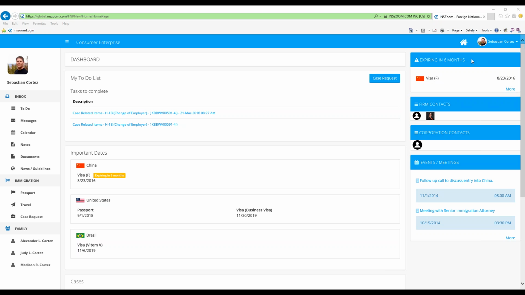And then as we continue on, there's the icon at the very top of the page for the house. So if at any time, if your For National is